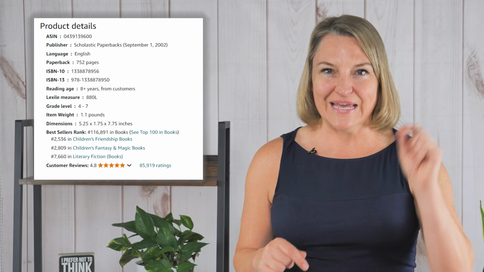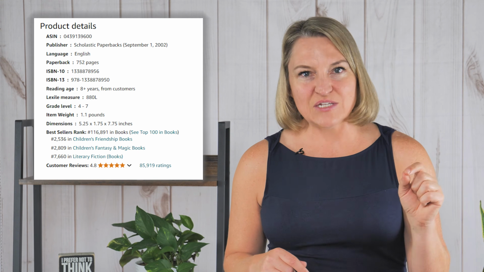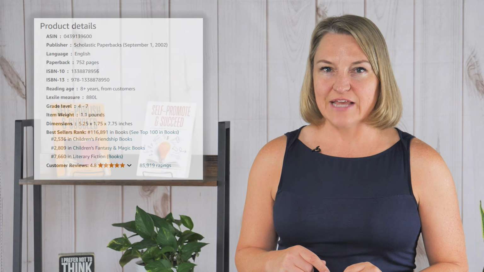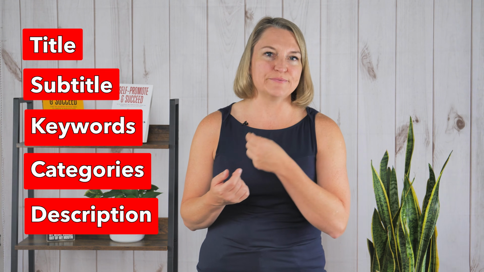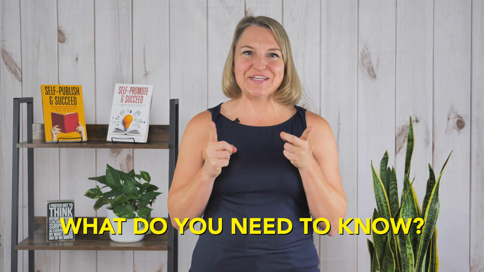Do you know what metadata is? Getting it right will help you keep on Amazon's good side. Metadata is your title, subtitle, keywords, categories, description. Amazon's algorithm uses them heavily in deciding who to show your book to, how the Amazon ads will work or not work, and ultimately to decide if your book meets their guidelines. Violations here are a common reason for account warnings and terminations. So, what do you need to know?